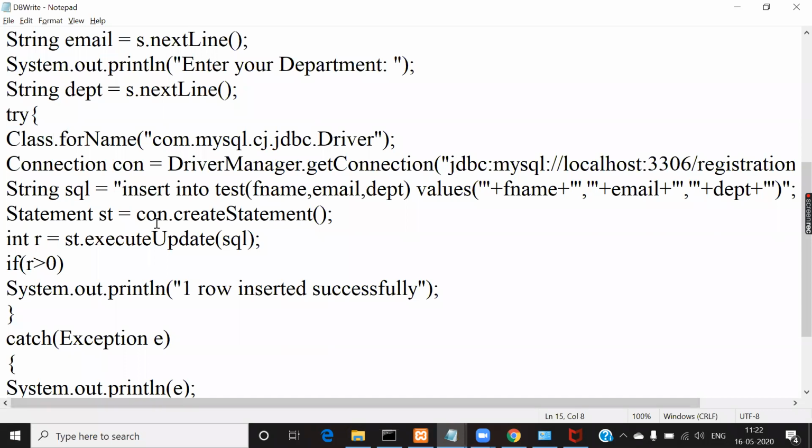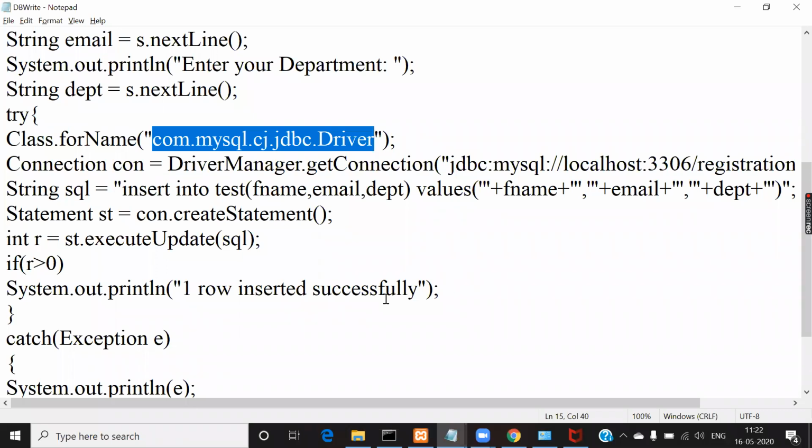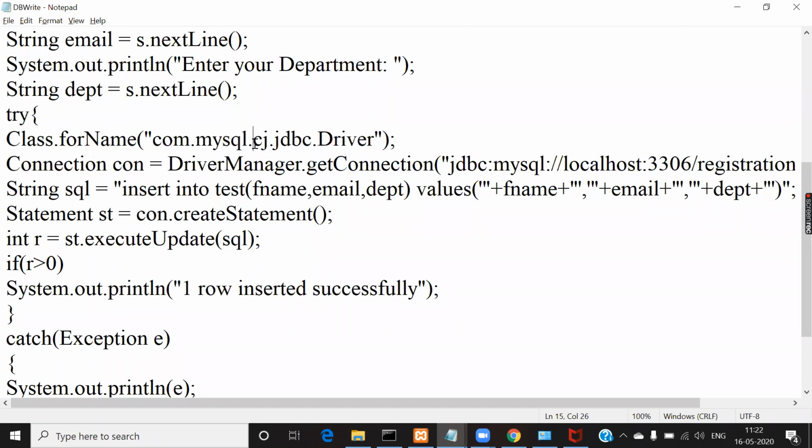What is this method going to do? It is going to register the driver. In the steps explained by sir, the first step is that we need to register the driver. The driver name for the MySQL database is com.mysql.cj.jdbc.Driver. If cj is not working for you, you can remove cj and use only com.mysql.jdbc.Driver.